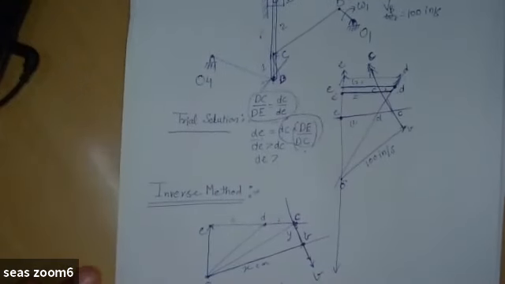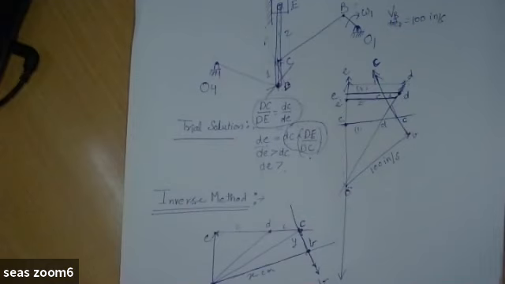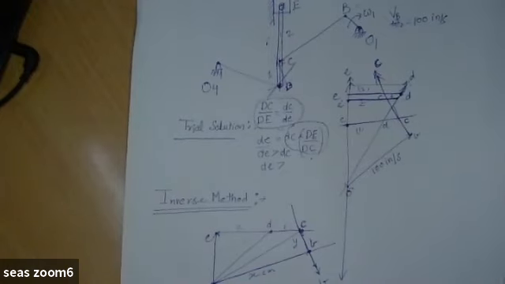So I hope that this is pretty clear, and you can solve various other examples, various other complex linkages using this inverse method. I hope that you are already solving the assignment problems, and we will discuss some of the problems of the assignment in the next class. So I have almost completed the velocity diagram, the velocity polygon. The only method remaining is the instantaneous center method.